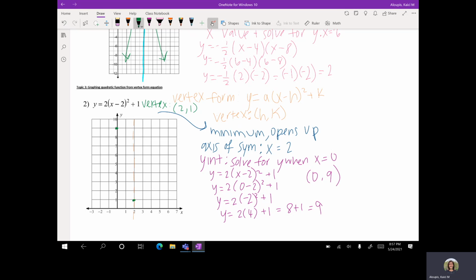And we know the symmetrical point on the other side, on the right side of our axis of symmetry. So if there are 2 units here between our axis of symmetry and our y-intercept, 2 units to the right of the axis of symmetry would be 4, 9. So we also know that point. Okay, I think we have enough points to graph. We're just going to connect everything from our vertex, opening up, going up and up and up to our y-intercept over there, and that's it. This graph actually has no x-intercepts because, let's talk about the,